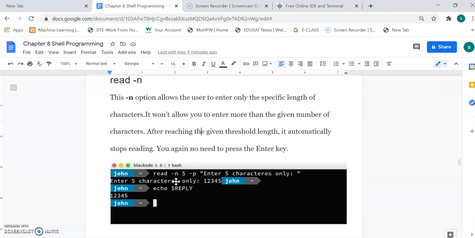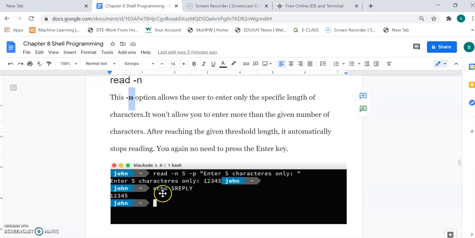So username John will get printed. After that, if I want to set some condition, that the user should enter up to 5 characters, or up to 10 characters, we can use the -n option for that. It will allow the user to enter only a specific length of characters. So just write read -n, the maximum number of characters you require, and -p "Enter 5 characters only". This is the information for the user.